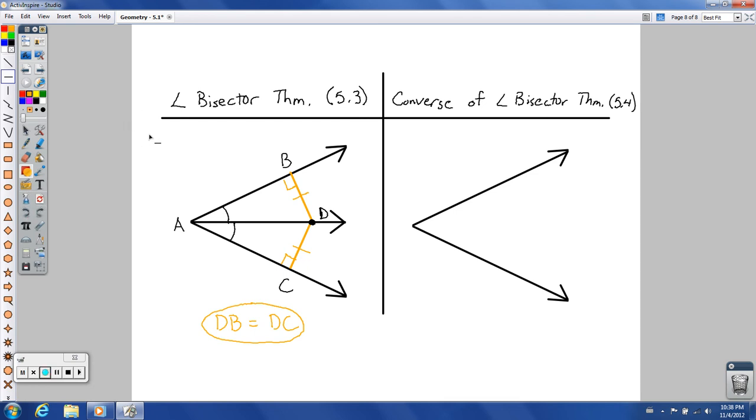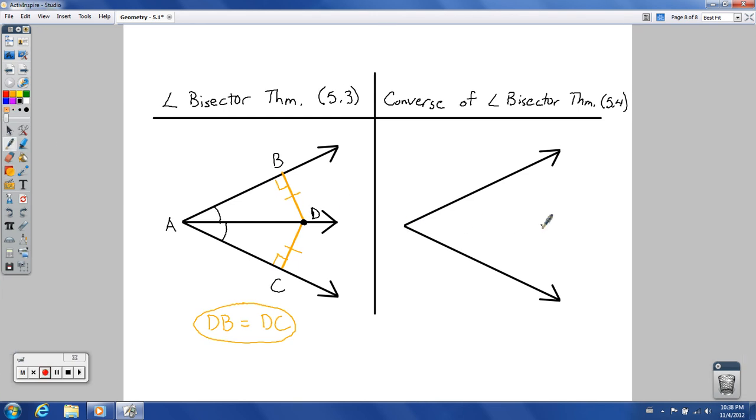So I'm going to pick a point at random out here, and I'm going to say that when it's not totally at random, you'll notice it looks like it lies on the angle bisector. And so I'm going to say this is point D,